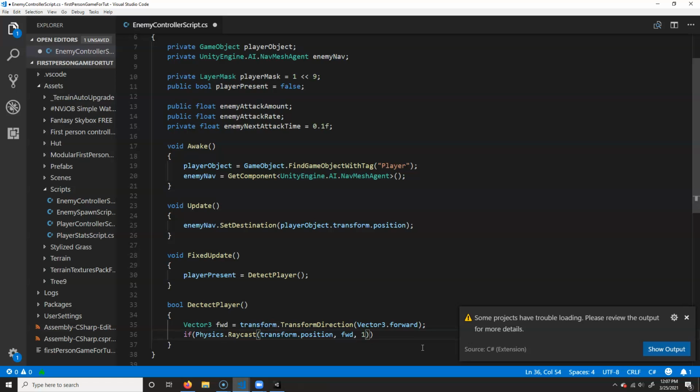It might need to be larger, it might need to be small. But we're just going to start off with 1 unit forward. And then the last thing we want to do is use our mask. So we only want to detect things that are in the player mask. So I'm going to say player mask. Okay? And then if that